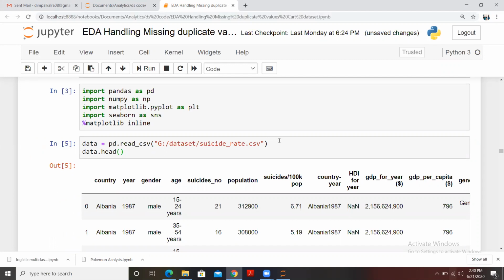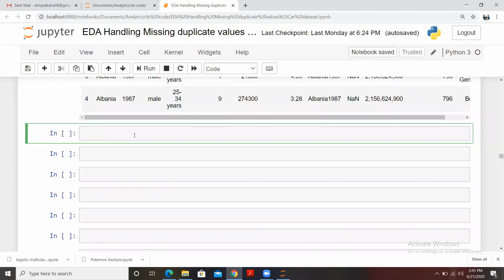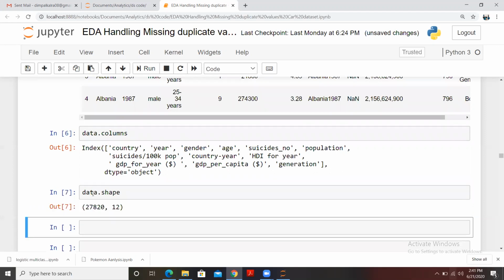So let me do some exploration with the data set that we do for all the data. First, let's say we want to check the columns of our data set, what number of columns we have here. So the syntax for that would be the data frame name, which is data dot columns, so that I can check the total number of columns in my data frame. Fine. So you see that we have multiple columns here. Now we want to check the total number of rows and columns in a data frame. So how will we be doing that? We'll be using shape for that. So data dot shape, so that we can check the total number of rows and columns.